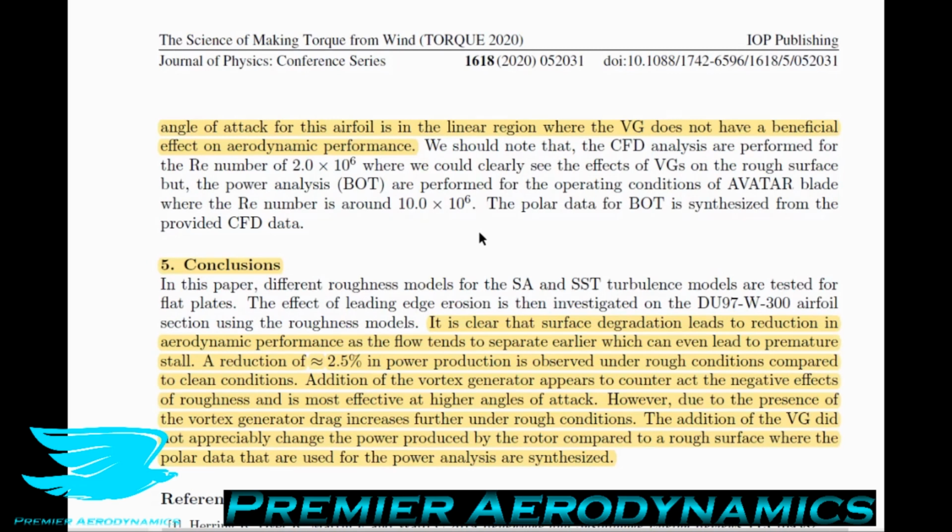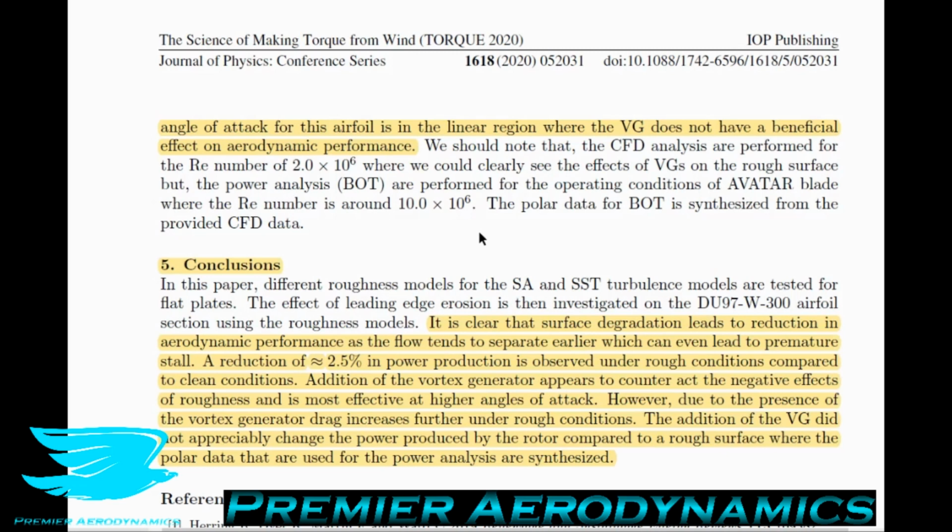So blades like wind turbines operate in the pre-stall angle of attack range, and that's not really where vortex generators are supposed to operate. They're not really designed to benefit an airfoil at this range, so it's not surprising they don't do anything for the airfoil here. If you go to high angles of attack, then you would get much better power output, but that's not where